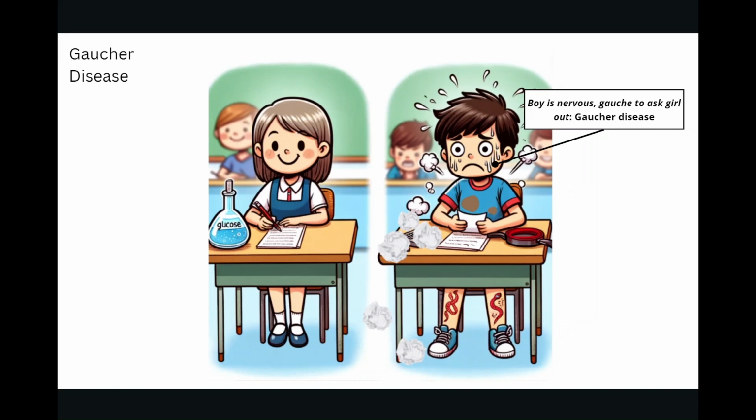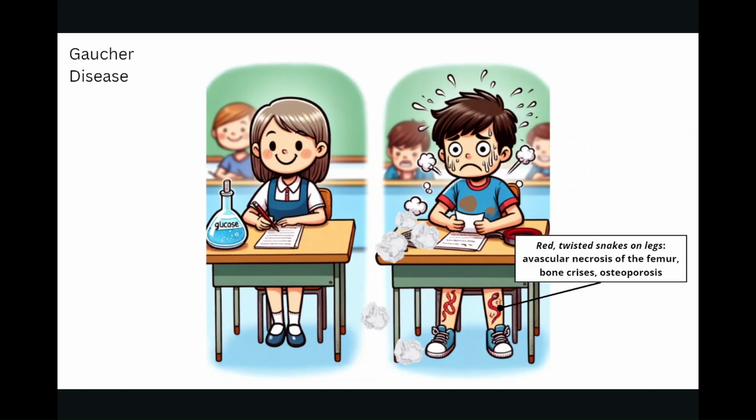As we can see, this young man has red, twisted snake tattoos on his leg. Hopefully those are temporary tats, but who knows these days. These red snake tattoos should remind you that these patients can experience avascular necrosis of the femur, bone crises, and/or osteoporosis. These problems can make it difficult and painful for the patient to ambulate, so look out for that in